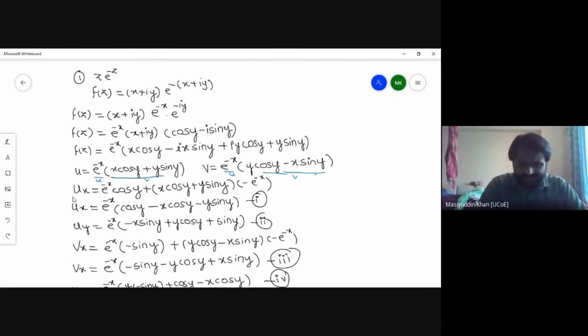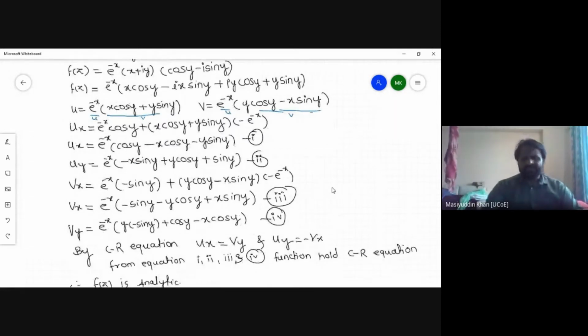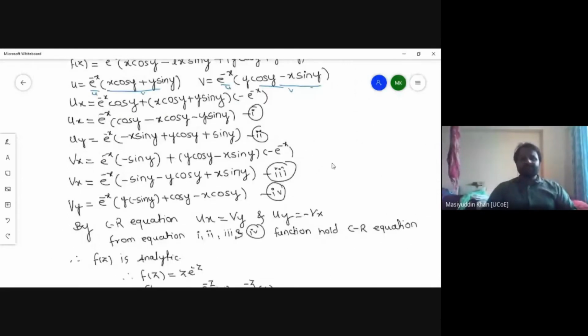Next, we have to differentiate the function ux. While differentiating this part, you have to separate u into v, or apply the product rule: first into derivative of second plus second into derivative of first. According to that, we got equations 1, 2, 3, and 4. You have to apply the same concept in u as well as v. We have to apply partial derivatives. While differentiating with respect to x, the y term is treated as a constant. Similarly, while differentiating with respect to y, the x variable is treated as a constant. So according to that, we got equations 1, 2, 3, and 4.